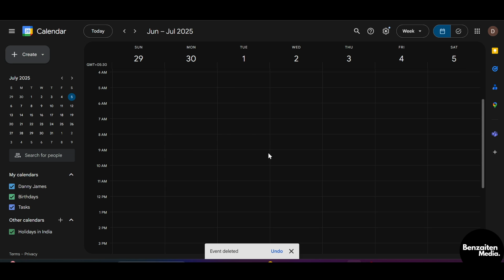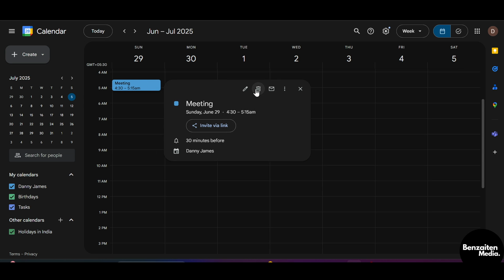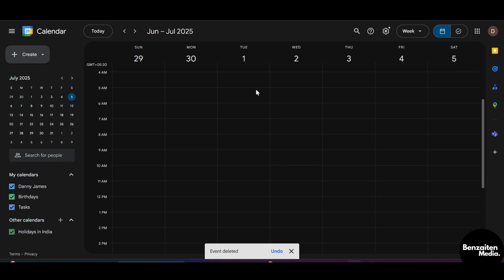Now after deleting, you will see this pop-up of undo. You can click on this button and then undo the task that you have done. Like if you have deleted the meeting by mistake, you can click on this undo and then you can bring it back here. But if you don't want to do that, just simply use the shortcut Ctrl Z to undo